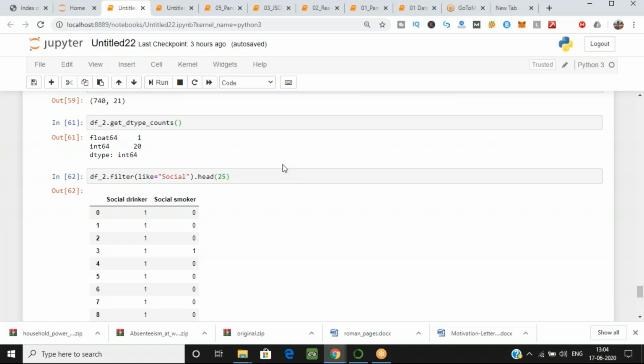Aman, you have used this command df2.type. Okay, let's just try this command also if you have used. Okay, just wait a bit.